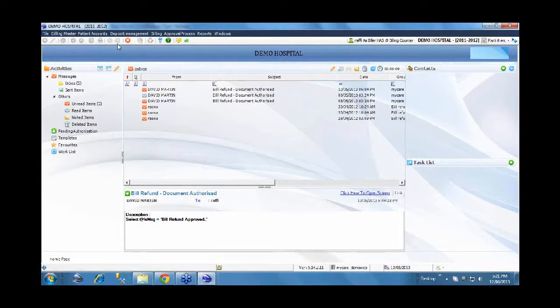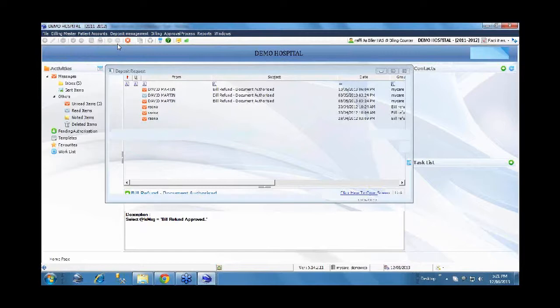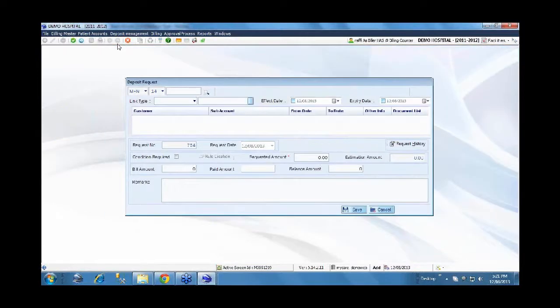Most systems have a provision to collect deposit, but they don't control where this deposit needs to be utilized. This deposit is for inpatient alone, this deposit is for dental alone. Once we provide the treatment for the patient, we know for sure the amount collected as deposit is not utilized for any other purpose.